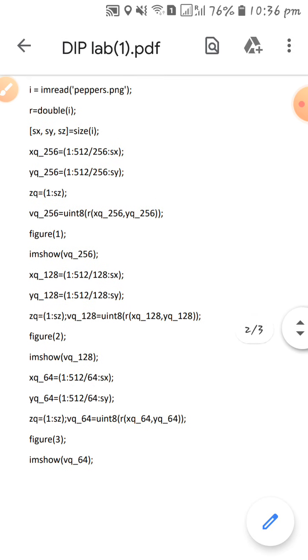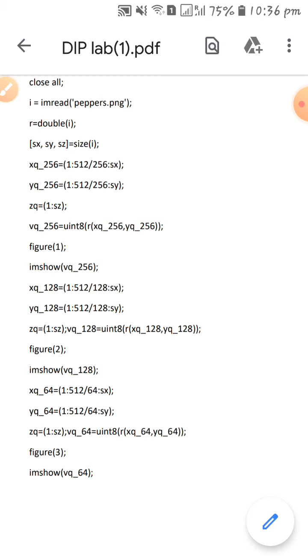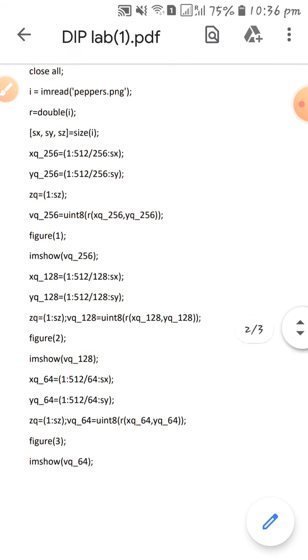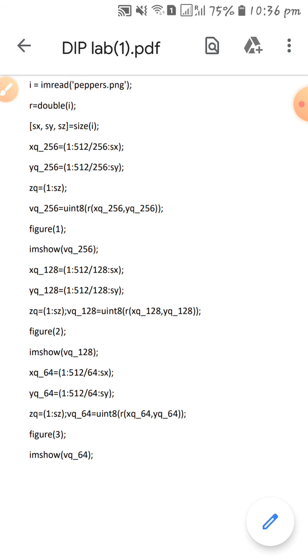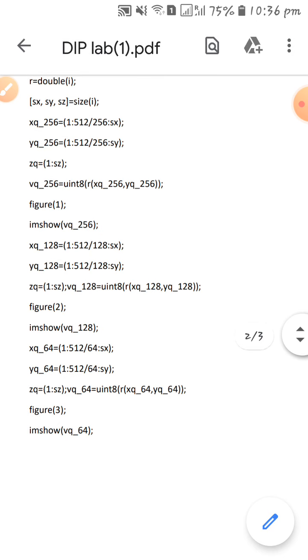And then we are trying to divide the image at each scale and then display it. So we are displaying the image in three different scales. The first one is 256. We read the image, and then in the x plane we divide it by 256, in the y plane we divide it by 256, and in the z plane we keep the size as usual, and then we display the image by converting it into unsigned integer 8.